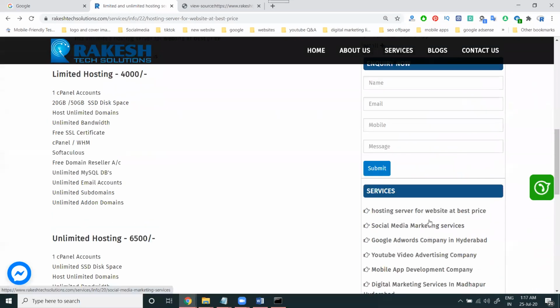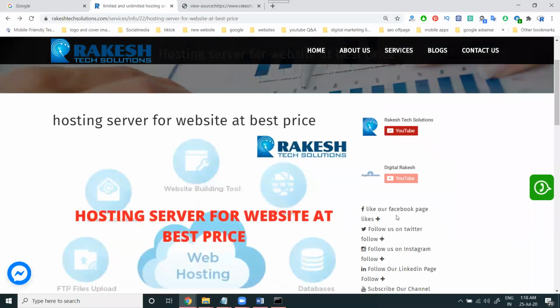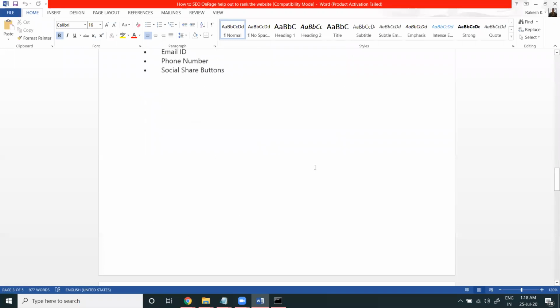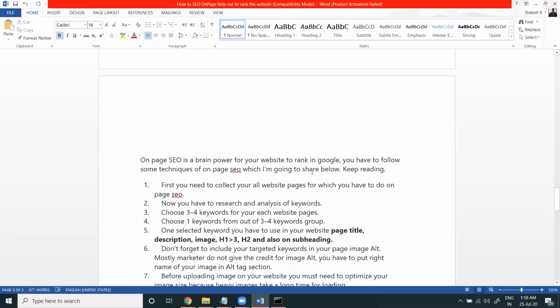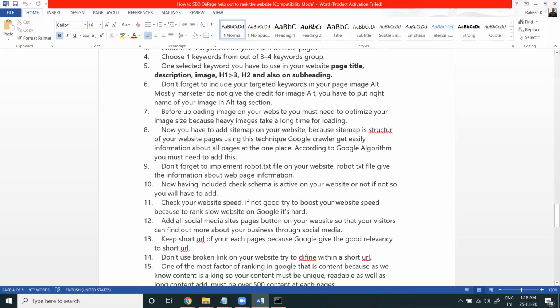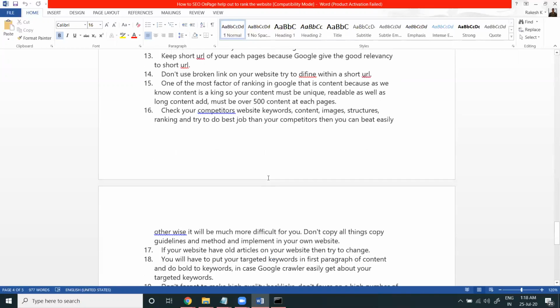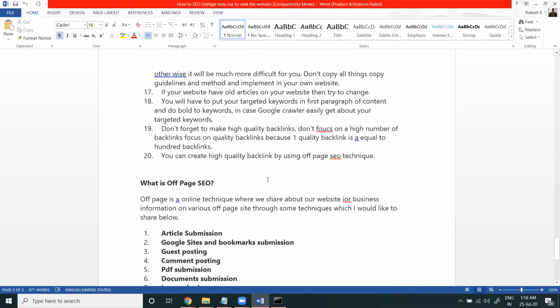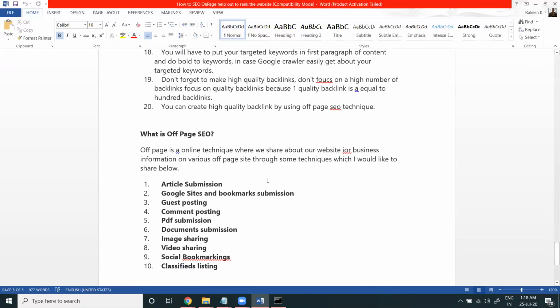This is all complete for optimizing a website for SEO on page. By selecting these features and updating every website, here is the complete information on SEO on page optimization for a particular website. Read this description completely, and every option will be here, and after that we can start the